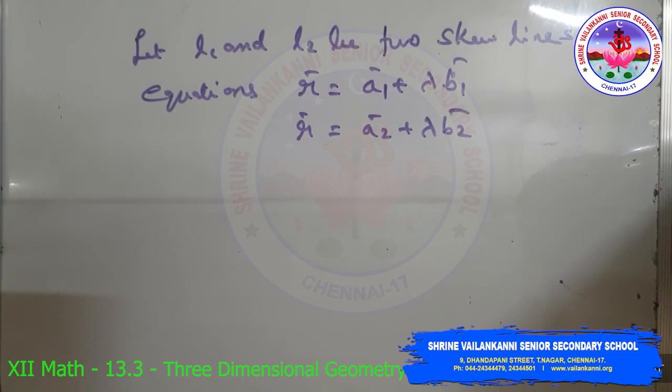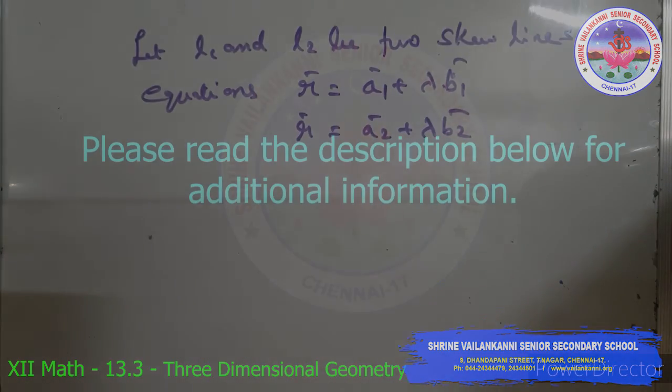Let L1 and L2 be two skew lines with equations r = a1 + λ b1